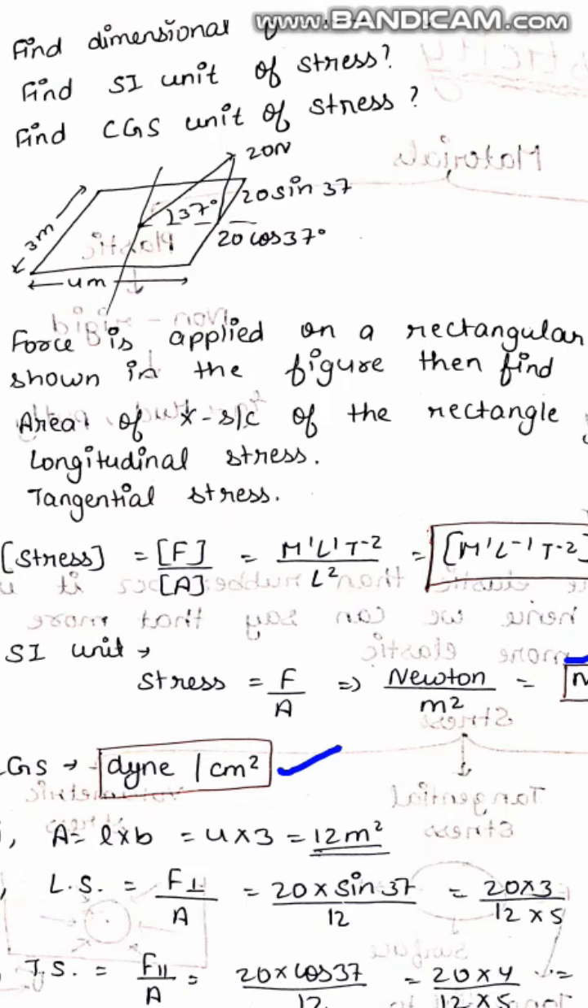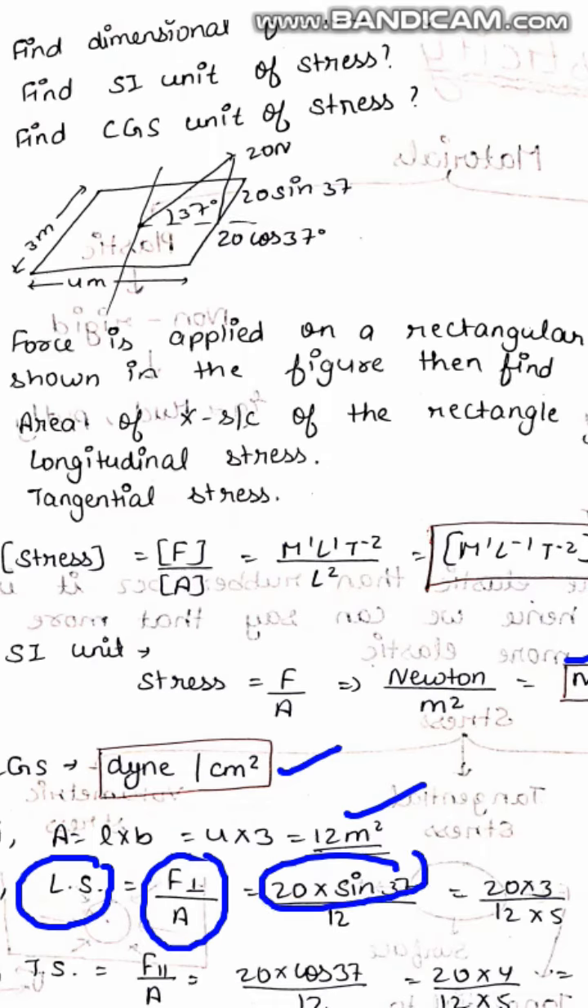Then we are given a rectangle. We need to find the area. Area is length into breadth, which is 12. Then we need to find the longitudinal stress. So we need to take the perpendicular component of the force, which is 20 sin 37. As you can see over here, suppose this is the area. So the force perpendicular to the area is 20 sin 37, whereas the force